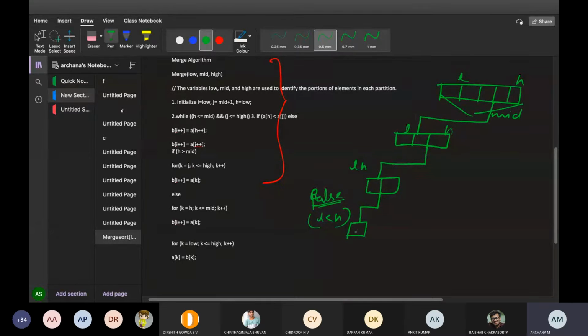Okay, now again look here. As soon as the condition is false, now it will go to this right hand side. Now this will divide the part into the right hand part. Now it will come to the right hand side. From the downwards it will go, not from the upwards. Left hand side will come here, from the right it will go downwards from here, because I have given merge sort of a comma mid plus 1 comma high. This is for the right hand side.